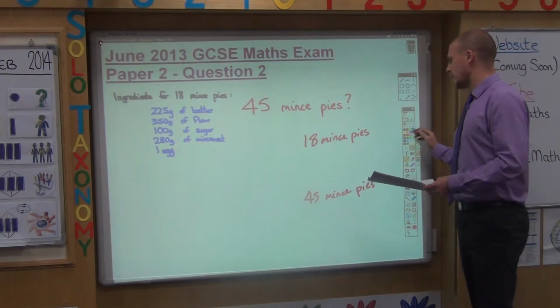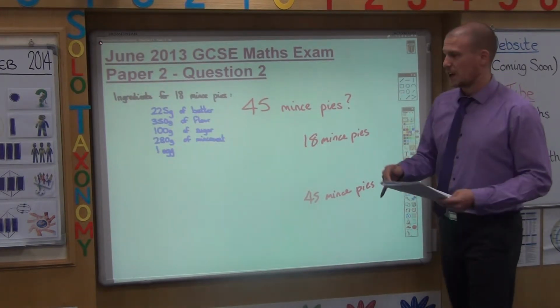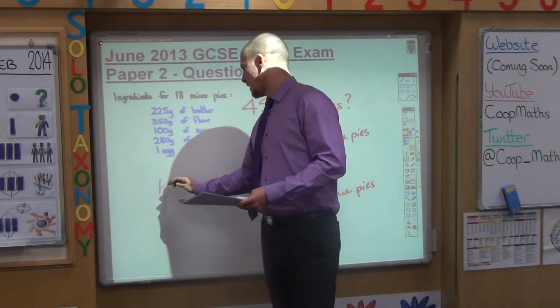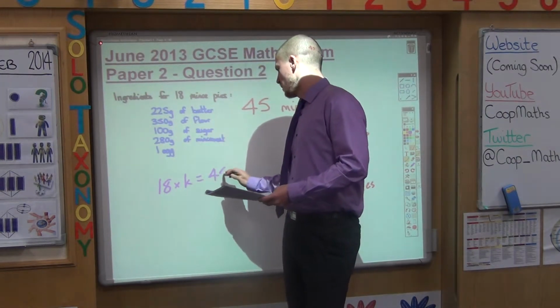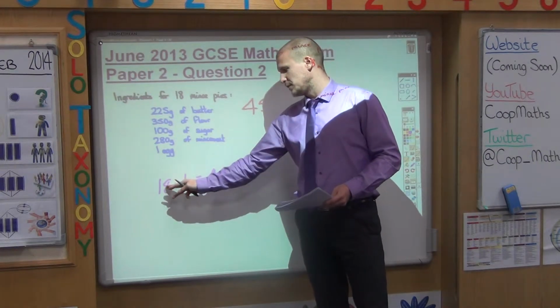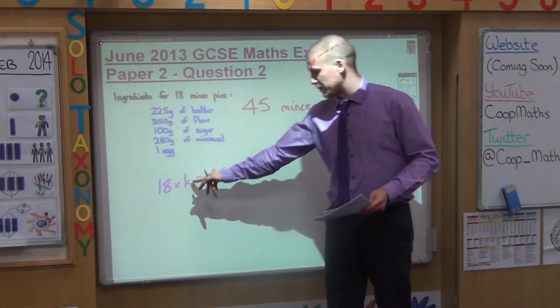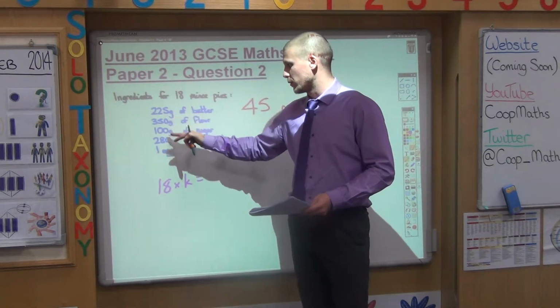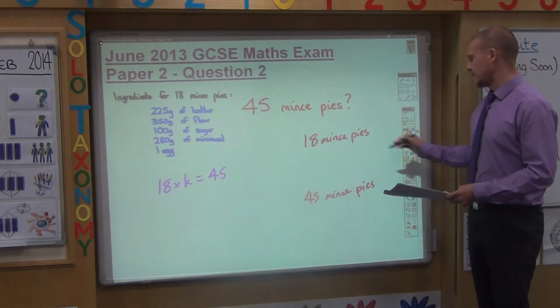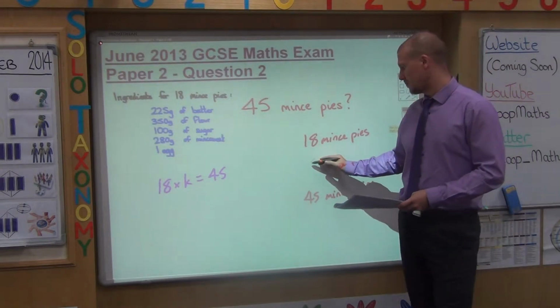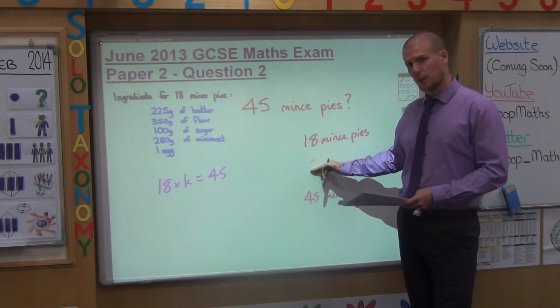Or another way of looking at it would be looking at it as a scale factor. So this 18, if you multiply it by a k, what do I need to times 18 by to get 45? That value there would be what I need to multiply all those by to tell you how much of each ingredient you need. Direct proportion method I'm referring to here is if you pick a number that goes into both of these, so for example 9,